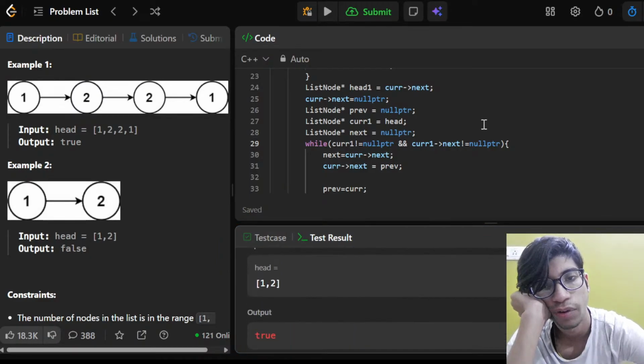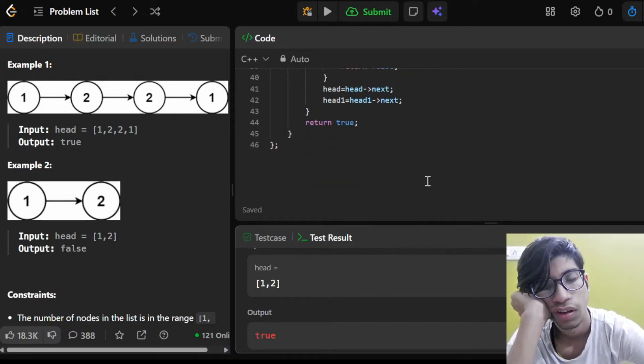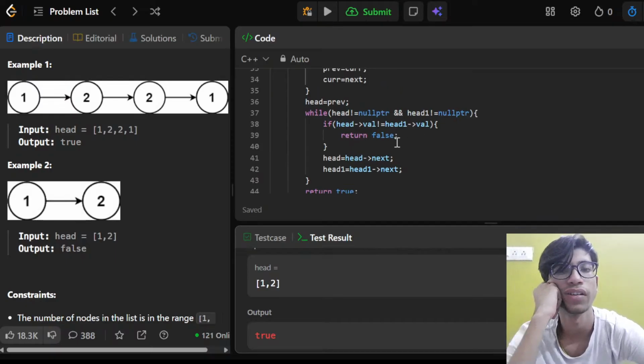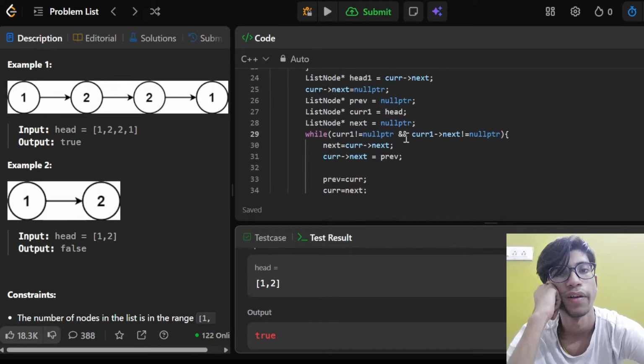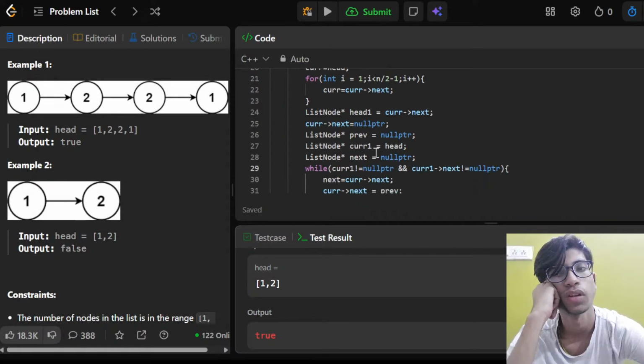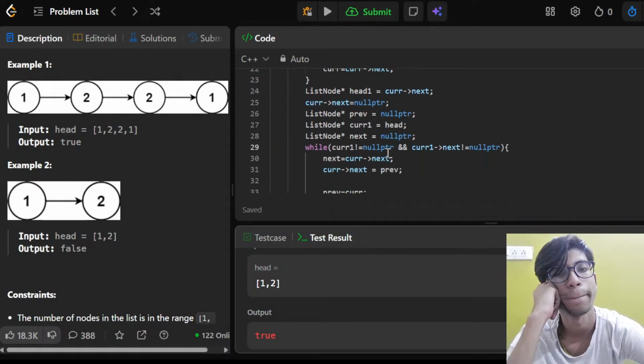Okay, here it should have been true, it's false. Well, I just said the opposite thing, but anyways, so head's val is not equal to head 1's val. What exactly is head 1? It is cur's next, and cur's next is now null pointer. Head 1 starts its journey.